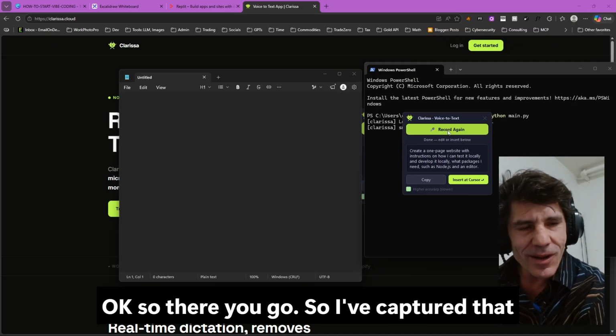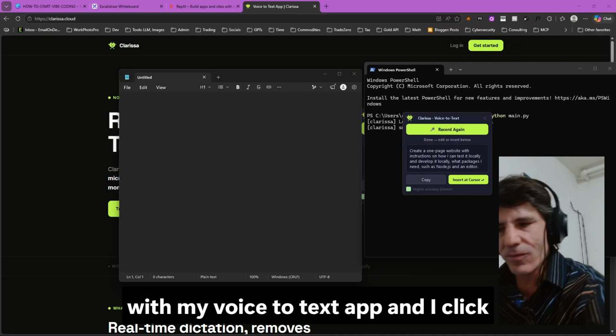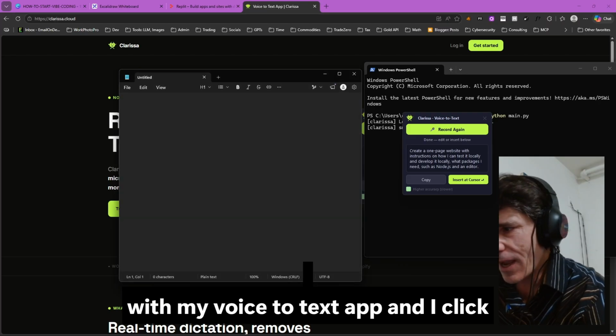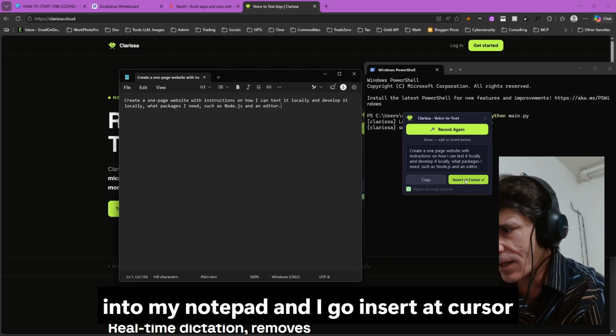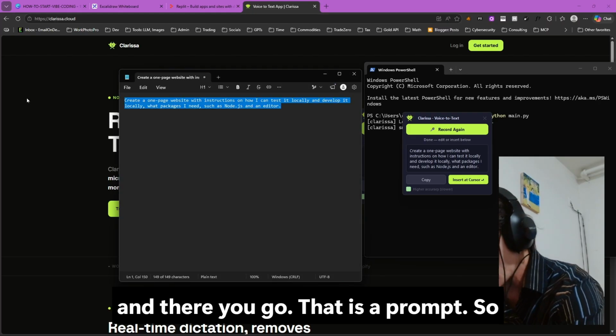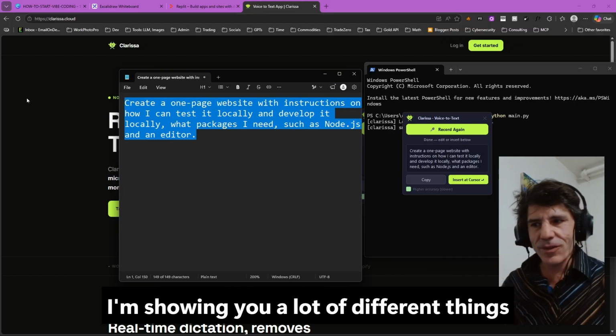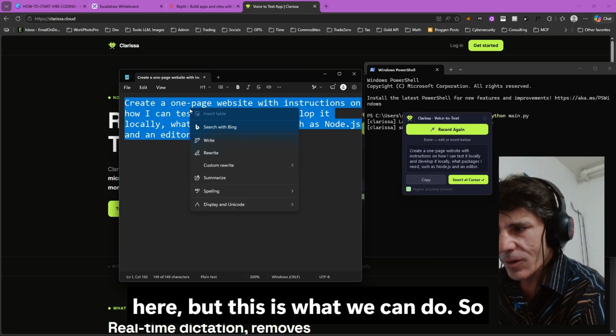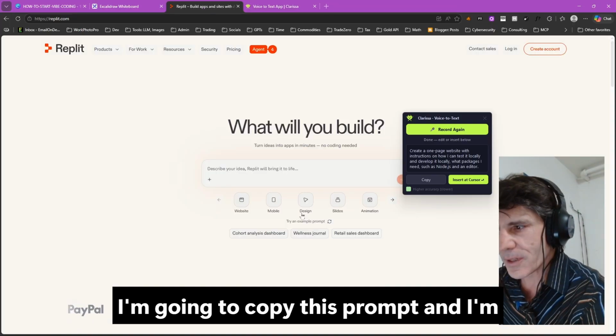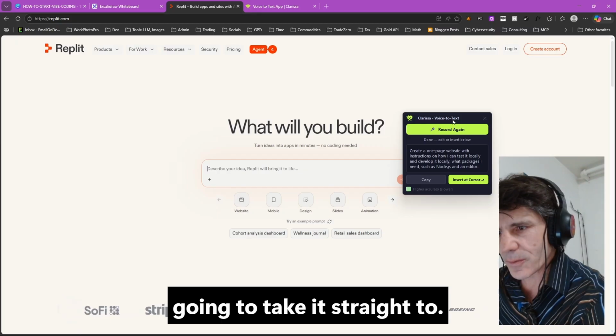Okay, so there you go. So I've captured that with my voice to text app, and I click into my notepad and I go insert at cursor, and there you go. That is a prompt. So I'm showing you a lot of different things here, but this is what we can do. So I'm going to copy this prompt, and I'm going to take it straight to,